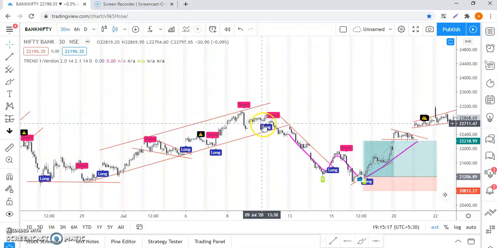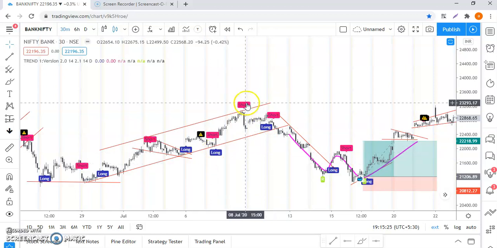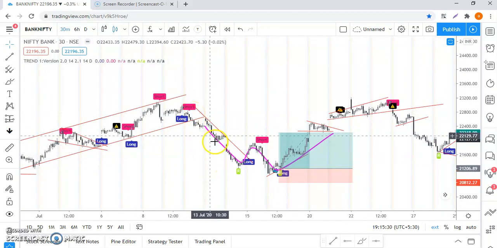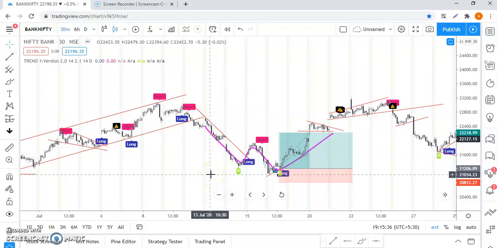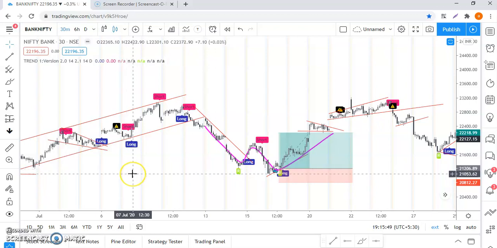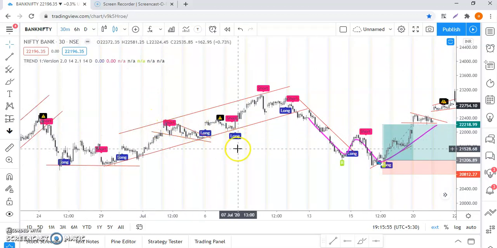Guys, will you get this kind of entries in any other indicator? I don't think there is any other indicator in the world that can give this kind of long and short, right? See, there are many, but I'm very passionate about what we have developed. So out of that love towards our work, we are tilted towards our tool. I'm just exaggerating, but you can make out your own.